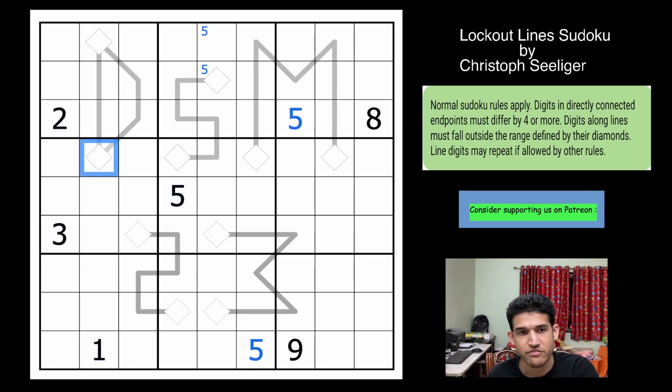So can we have a 5 in these 2 diamonds? Because if not, we can eliminate both 4 and 6 from here. There are 4 distinct digits. Okay. So which means